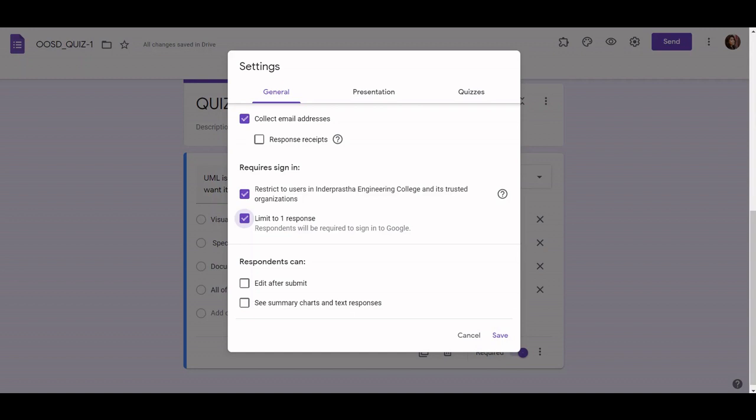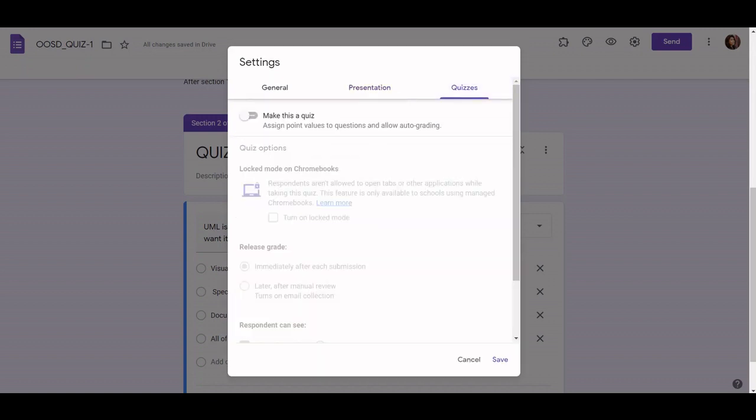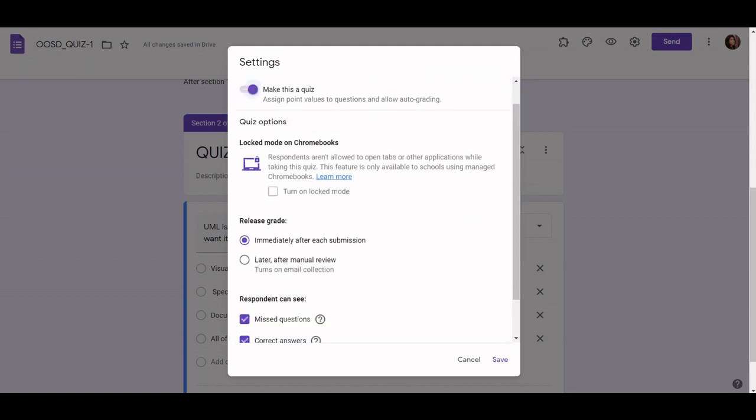In presentation I will check Show progress bar and Shuffle question order, so that students cannot discuss with their friends, and they will be getting questions in shuffled order. And after clicking yes, make this a quiz.